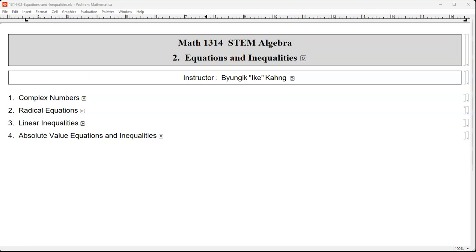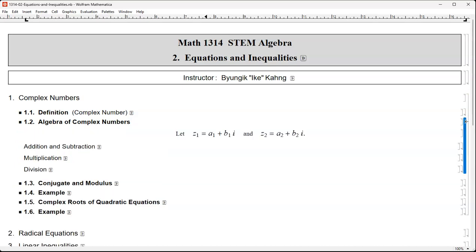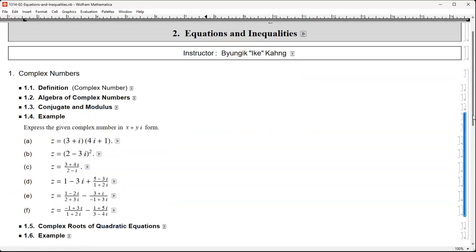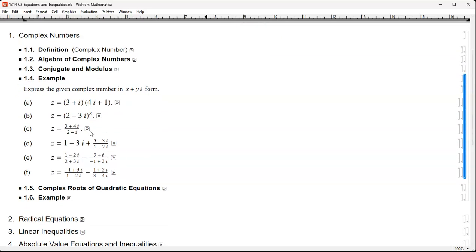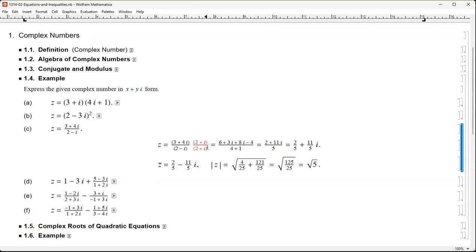Hello students, welcome back. We went through the definition of the complex numbers and some algebra of complex numbers. Addition and subtraction, easy. Multiplication, that too is straightforward. Division, that's different. And we went through example problems like this and also like that. And basically the key point is to multiply the conjugate of the denominator to both numerator